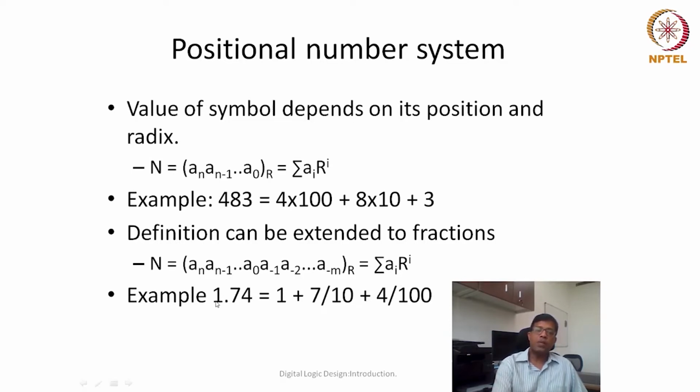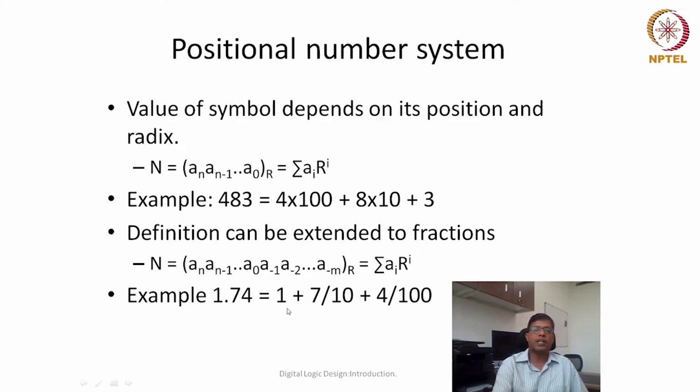1.74, so 1 means units place and this is before the decimal. So my LSB will start counting only at the decimal place. If it is before the decimal, then I'll start counting it like an LSB, and then I'll go towards the most significant bit. LSB means least significant bit, and MSB is most significant bit. My powers of R will start incrementing before this decimal place, and after this decimal place